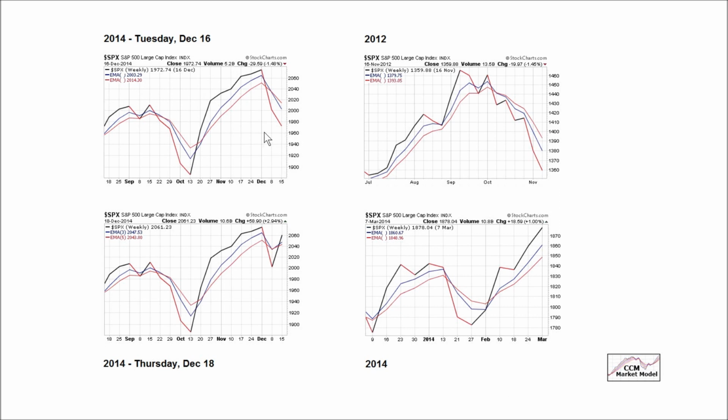This is the look of the weekly chart on Tuesday. This is the look of the weekly chart on Thursday, December 18th. Full-bore bearish look flipped back to a full-bore bullish look. Why? The known inputs had changed. The Fed came out with a much more dovish or stock-friendly statement than the market expected. When the inputs changed or the knowns changed, the market changed its probabilistic forecast from a bearish forecast to a